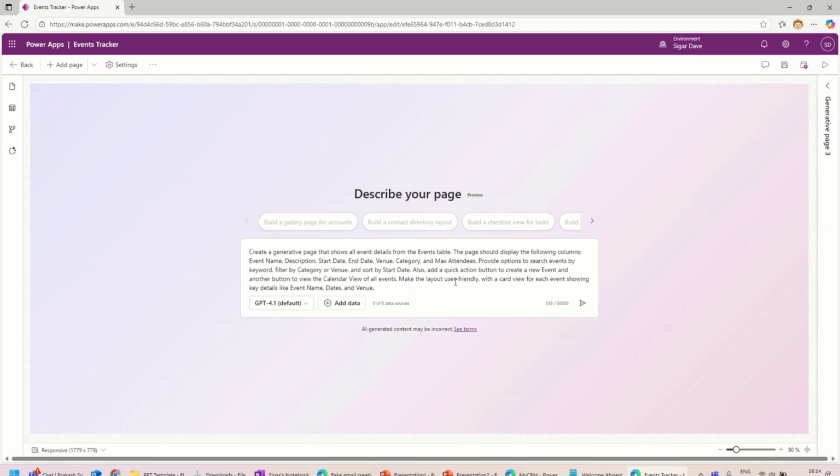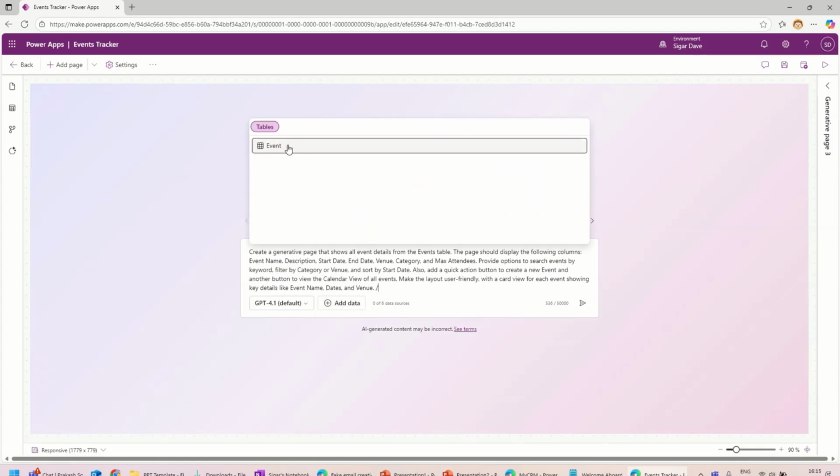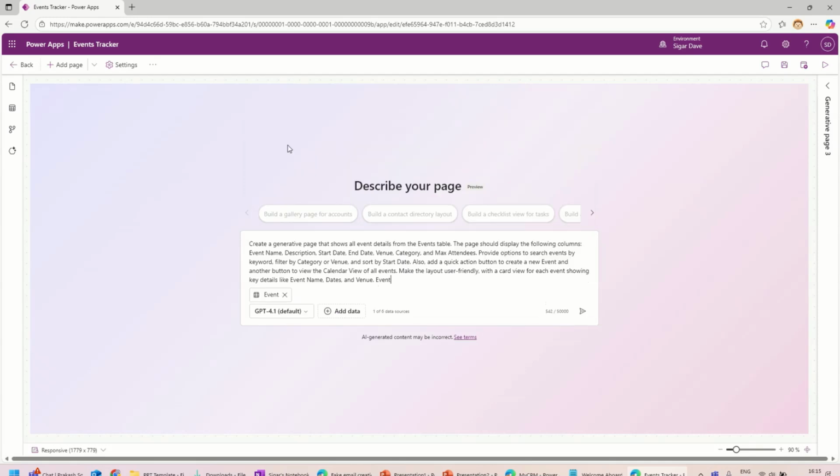So when I go and click, the other thing I have to do is add data to get the context we are talking about. We are talking about the events, so I'm going to select the events table which is available in this particular model-driven app. When I go and click on generate,